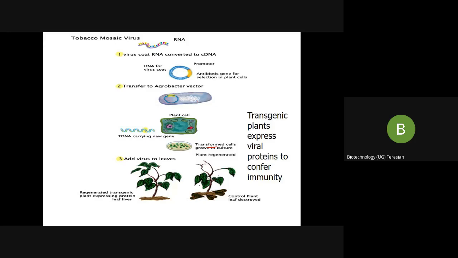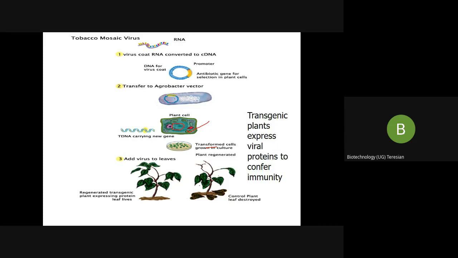So now we take the cells of the plant, explant. We will not take the entire plant. You take the leaf or stem or anything. Only that plant cell is taken. Remember, it is the explant we call it when you're taking the small portion of the leaf, stem or bud, whatever it is. So we'll try to grow it in a culture media. So that is a selective culture media. What it selects is, it will select only those plant cells wherein this agrobacterium is infected. Okay, my agrobacterium is infected.